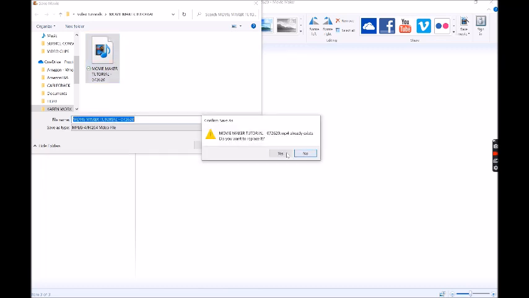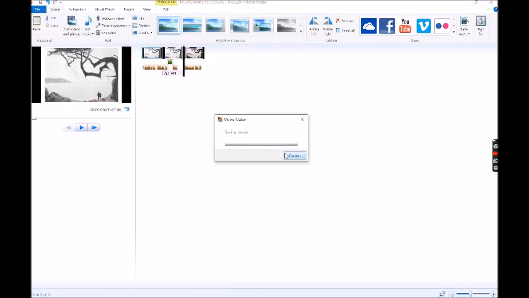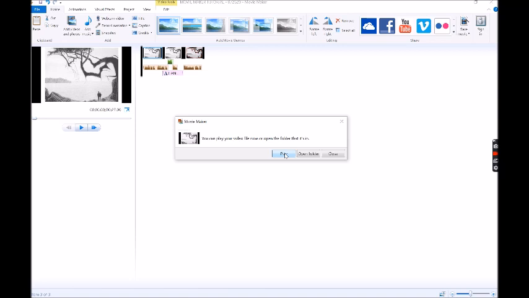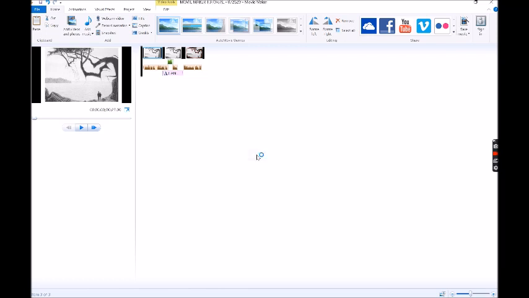Okay, and it will render the movie. Depending on how long your movie is, that's going to determine how long it takes to render. But this movie was only like 27 seconds long, I think, so it rendered quickly. Once it finishes, it'll ask you, do you want to play it? And you can play it inside of whatever